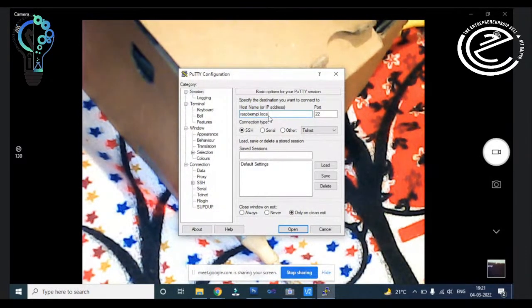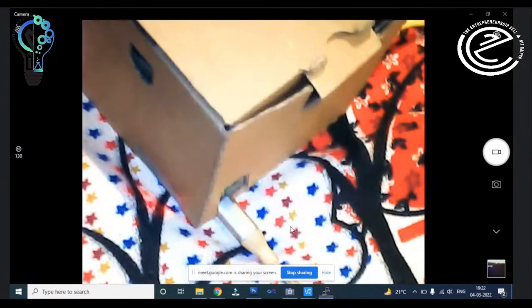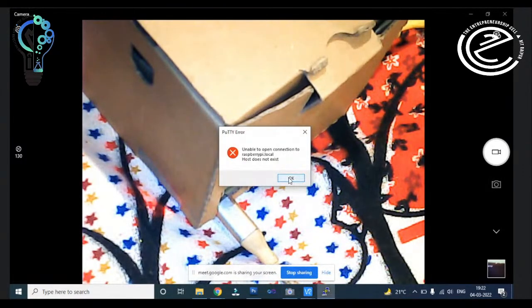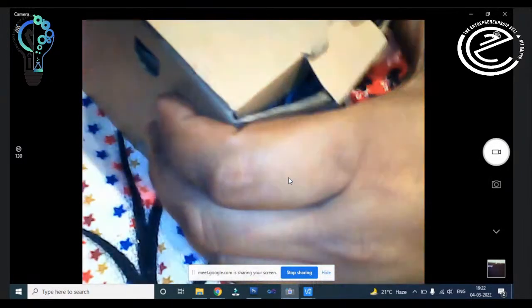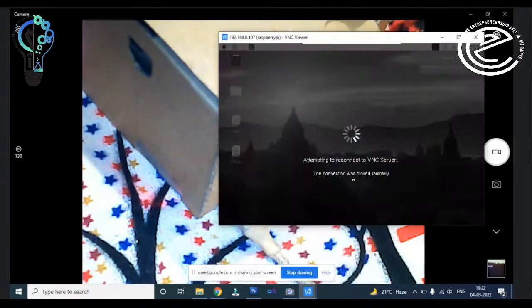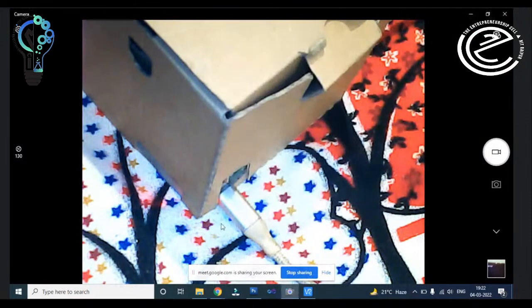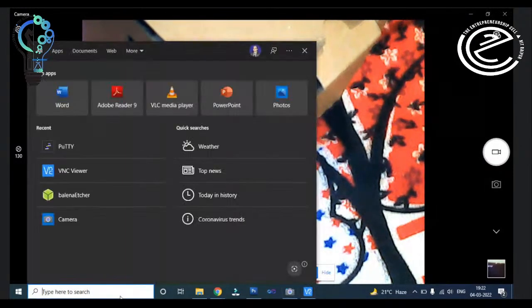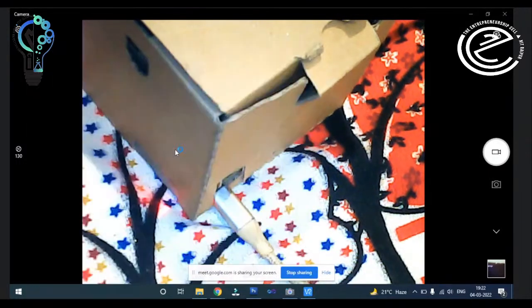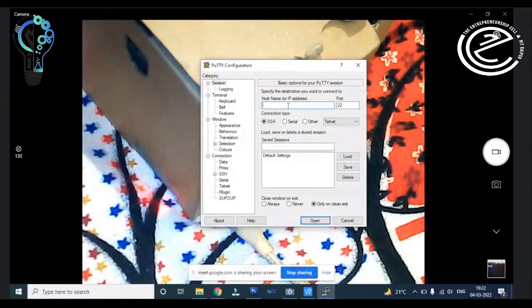It is not showing this. Again, I will try here.